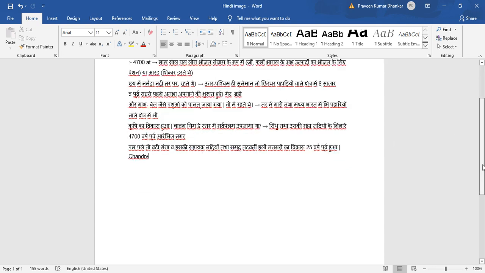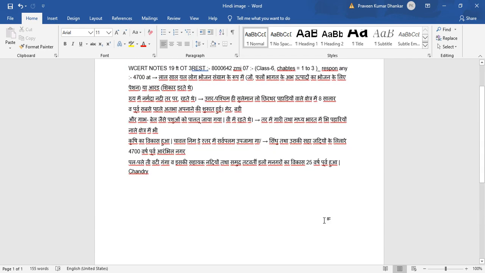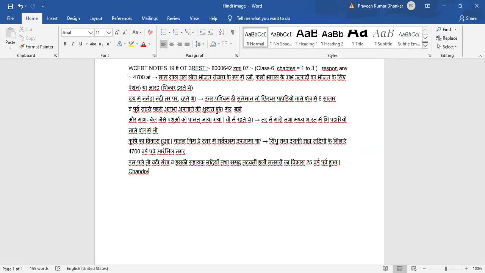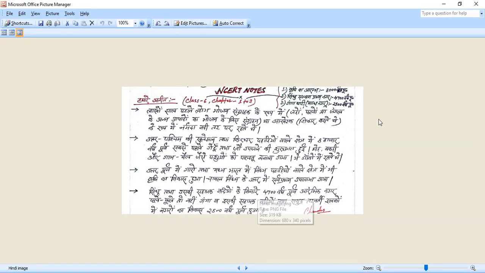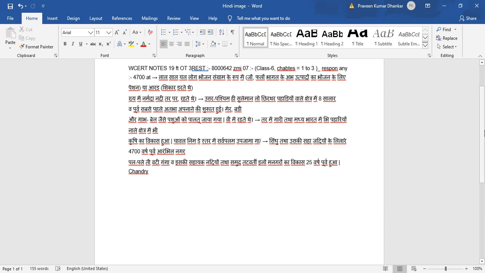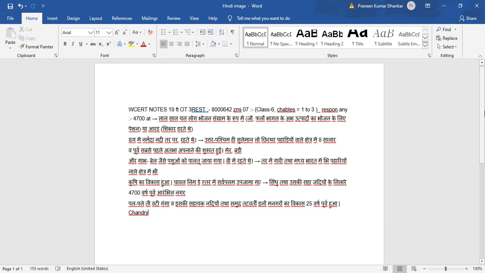You can compare it with your image file, how your Word file is converted. Every single word can be converted into MS Word.